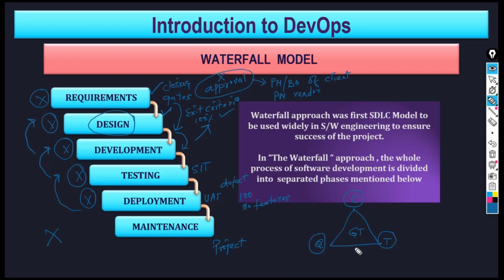A project is successful if all the 3 parameters are fulfilled. That is, it is within the budget, within the time schedule or the time limit that was agreed, and at an agreed quality level. So you cannot give a product which is bad, even if you have delivered within the budget and within the time. So any one of them